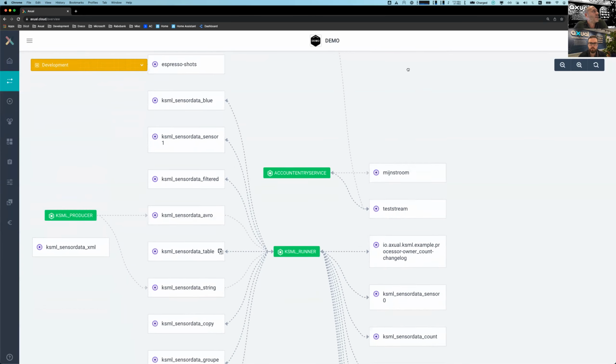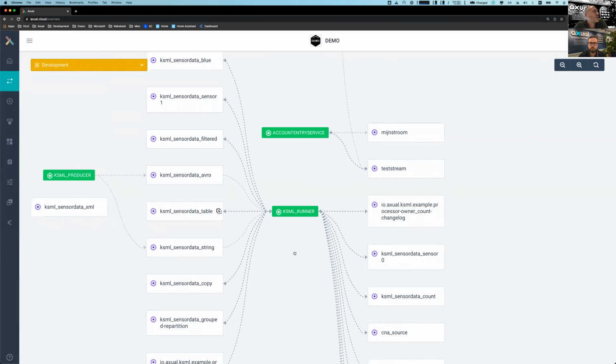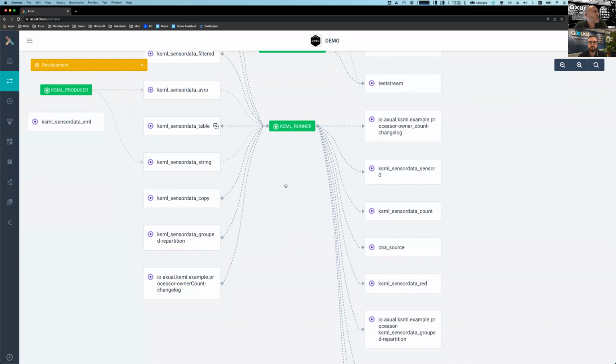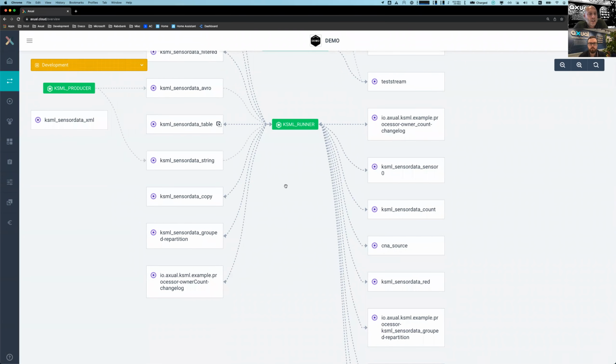And these pictures can get fairly complex, especially if you look at production situations, the situations that we encounter with our customers. What we do provide with these pictures is an always actual overview of what is currently going on on your Kafka. And this is a major tool for architects that have the responsibility to provide this overview, to understand what is going on, but also for privacy officers, for security officers, because they can always see what is currently going on on the platform.